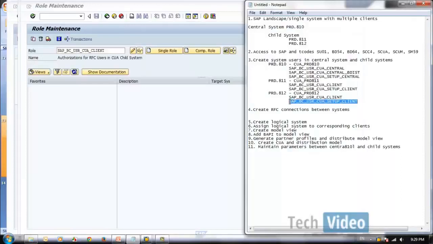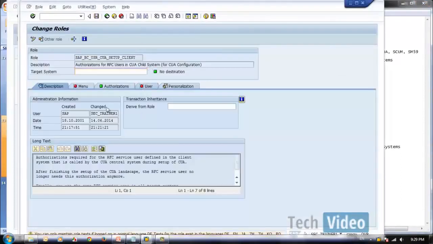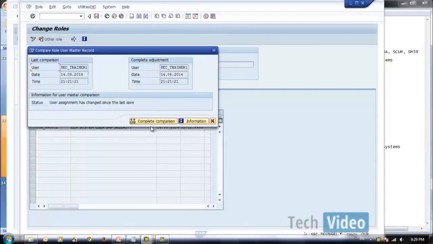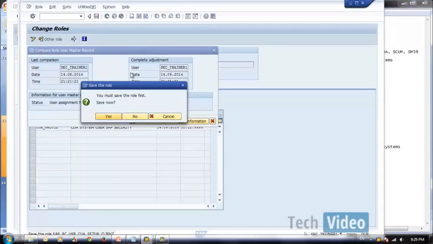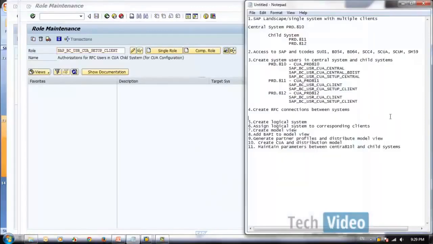Okay, then the second role. Okay, so right now we created 3 system users.